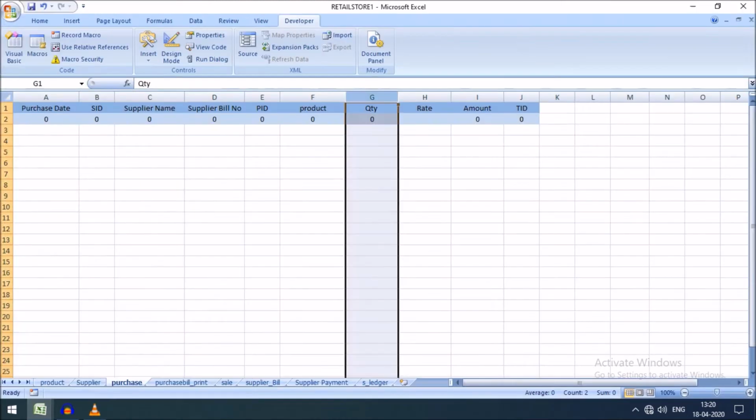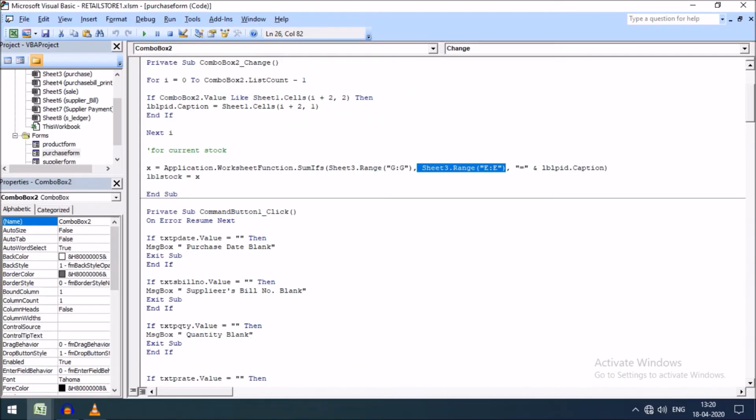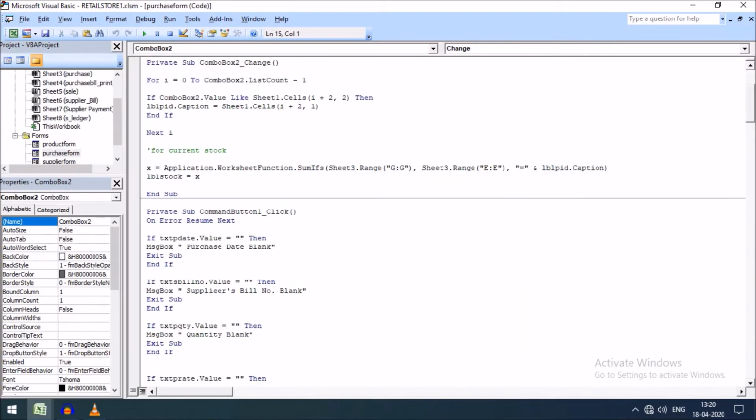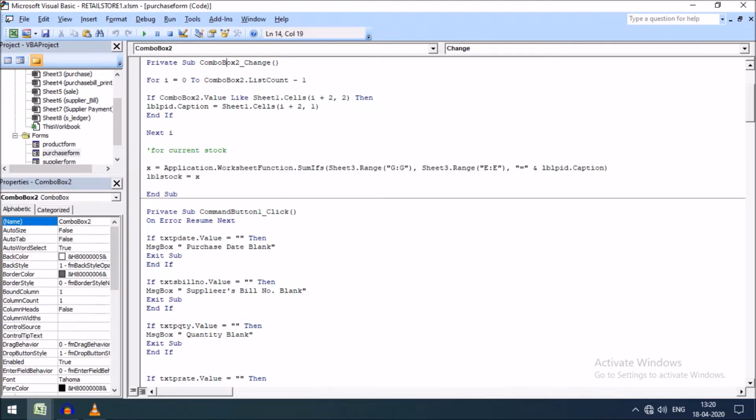In the ee column, here it is the product ID; if this product ID matches, the stock will be displayed here whenever we select the product name. So friends, this is the code written, just added in the combo box 2 change event.